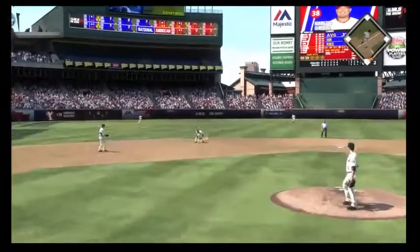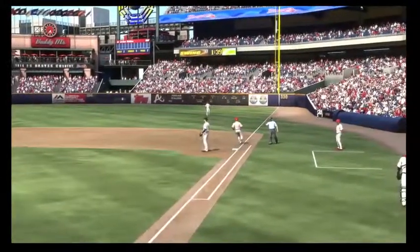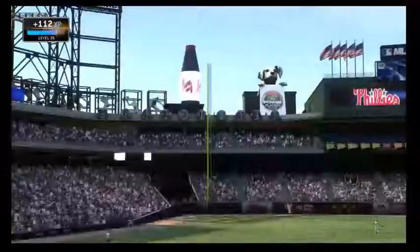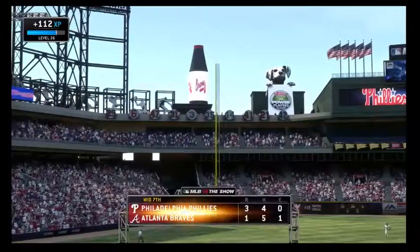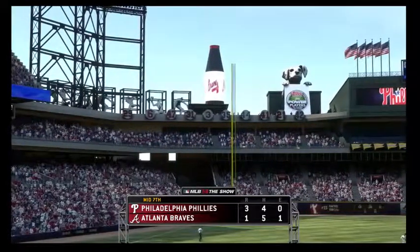That's on the ground to short. This should end the inning. And indeed it will. He throws him out at first, and the side is retired. So they go down without a whimper here. 7th inning stretch time here at the ballpark. It's the Phillies 3 and